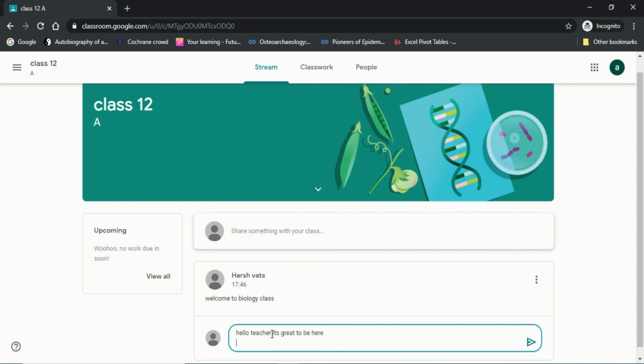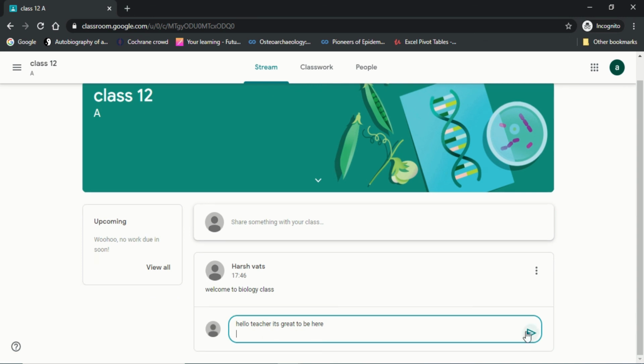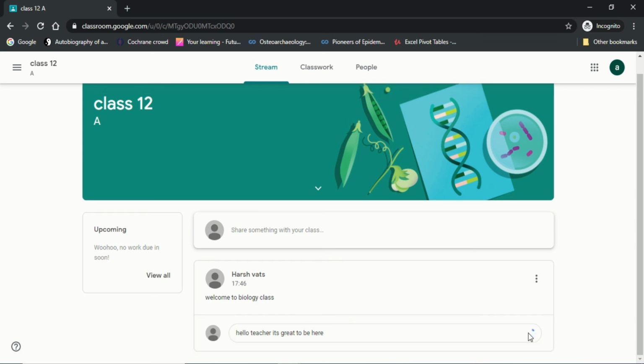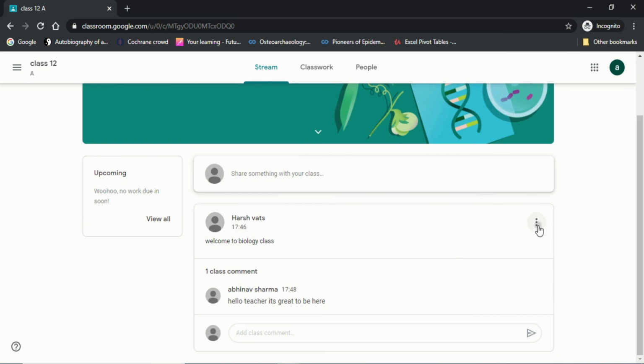Now you will see we do not have an option for delaying or scheduling the post because you are a student now. You don't have the power for that, but the teacher has it. So I will put a post here. And again, you can also copy the link for certain things if you want to send it to your friend. The teacher has commented and you want your friend to look into that and also respond.